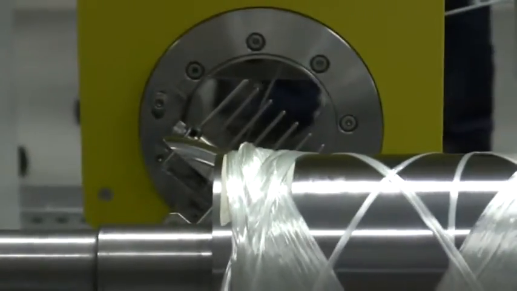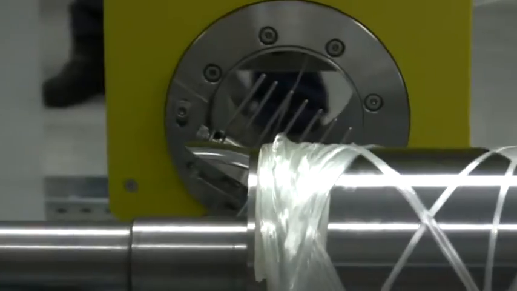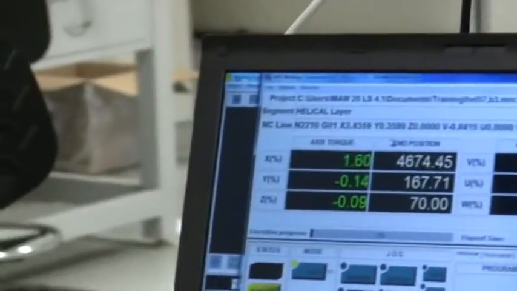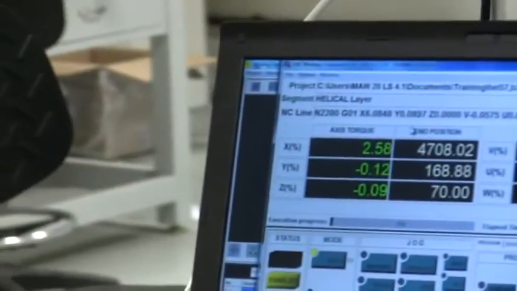When you run your project at 100% feed rate, you turn this display to the next stop, and you can monitor the torque for each axis at 100% of feed rate. And if the axes don't go to 100%,